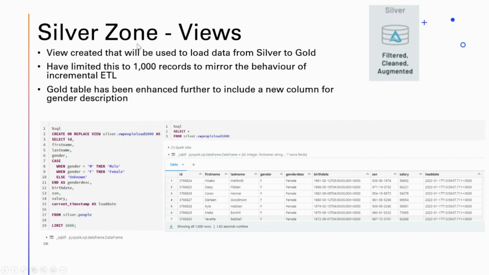So now we can look at creating a view that can be used to load the data from silver to gold. Again, I've done the same thing where I've limited it to 1,000 records just to mirror the behavior of an incremental ETL. We're also going to enhance the gold table further by including a new column for gender description. If you look in the view here, you can see that we've got what's called a case statement,